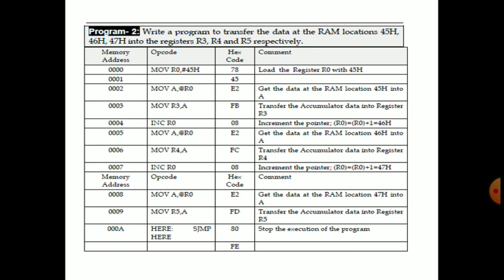So it may be 100 bytes also. Then we would need to write 100 instructions: MOV R3, 45H, R4, R5, R6, R7, and so on, repeated. So instead of writing all those direct instructions, 100 instructions, we can use loops. You are all aware of these loops, like the for loop in C programs.